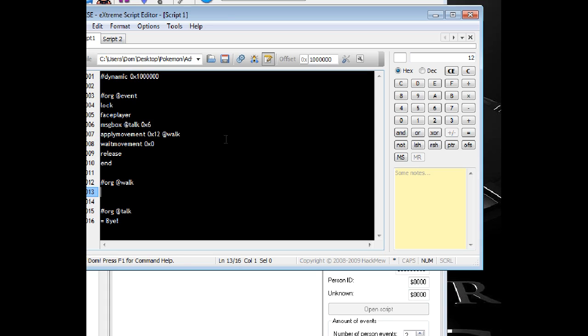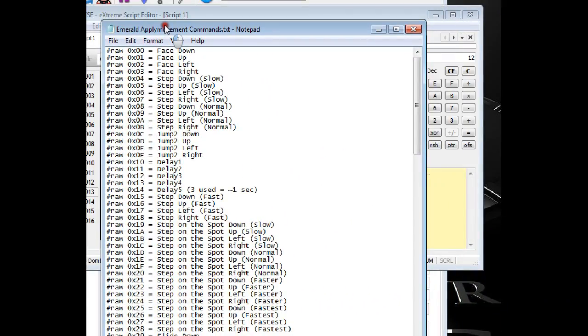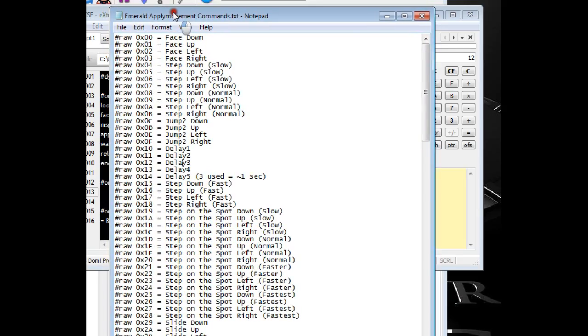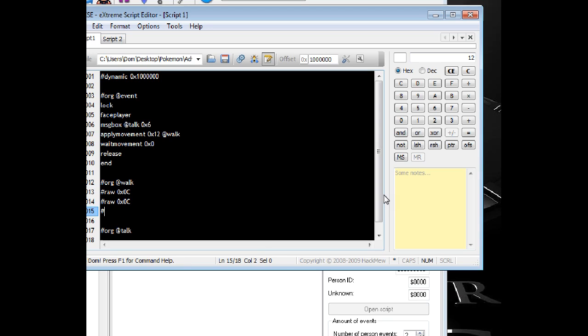Now you want to go ahead and make your movements. Using a text file, I personally have one. I'll post the link to download this in the description below, but it's easy to have on the side and easy to refer to. So I'm just going to have it to where when you click on the overworld sprite, it jumps up twice, which will be raw